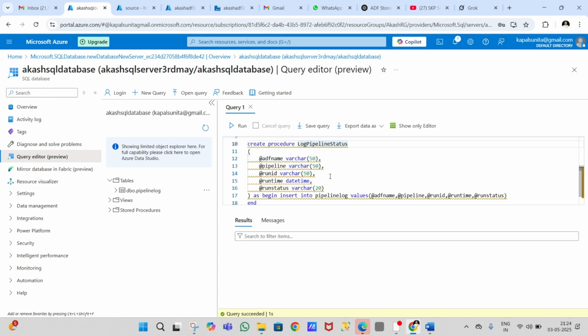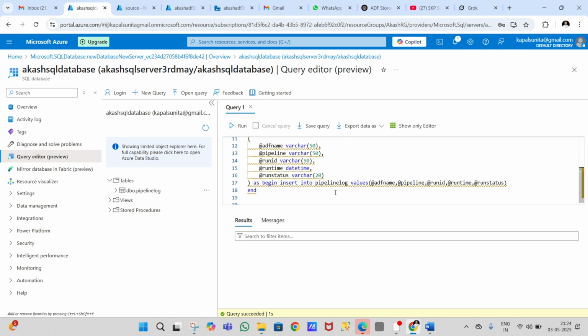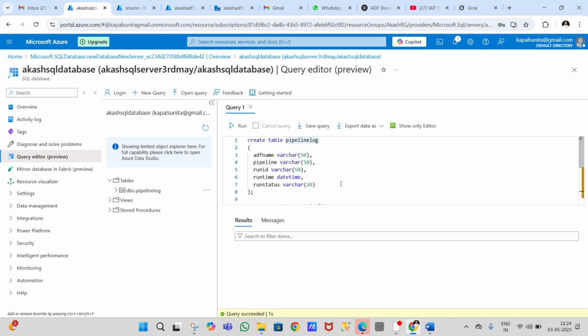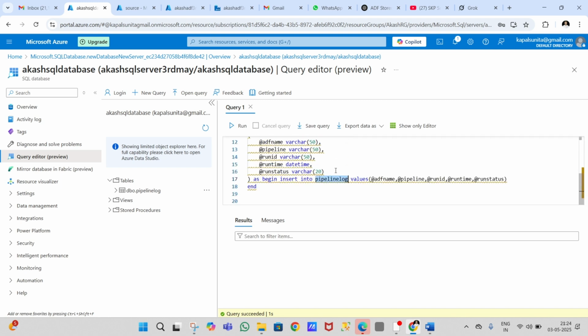I will tell you how. So run time, run status. Begin, insert into pipeline log. This is the pipeline log, and these are the column names of the table. Here I also pass the parameters. So guys, now you can see the Azure SQL database work has been completed.